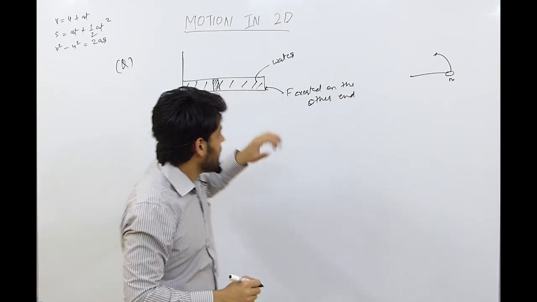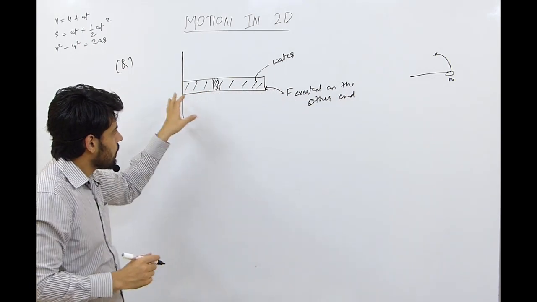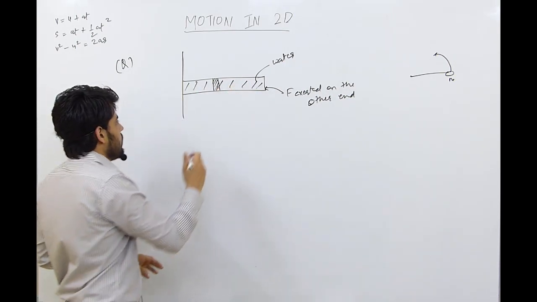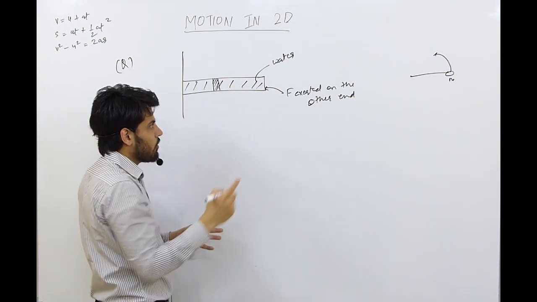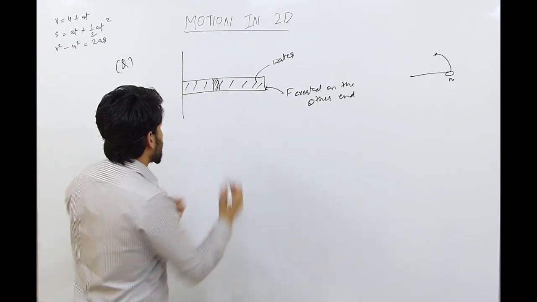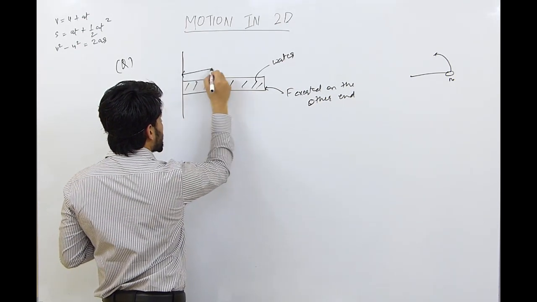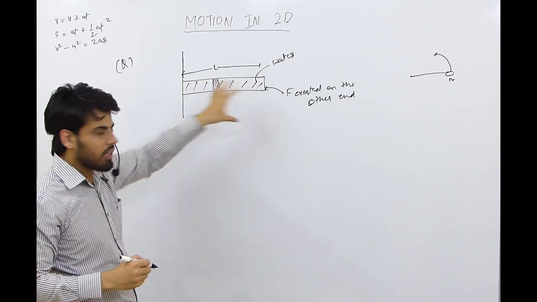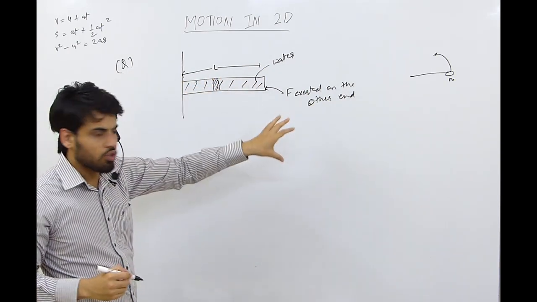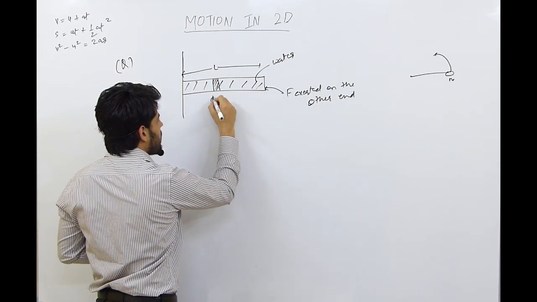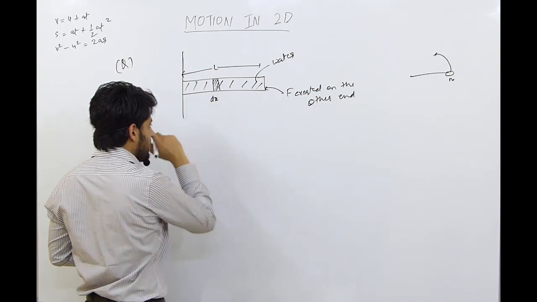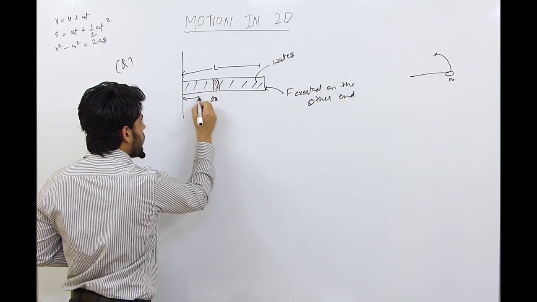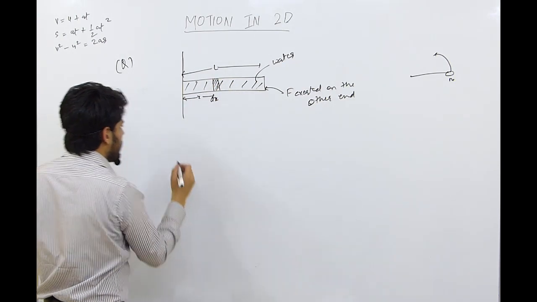But in this case mass is uniformly distributed in this tube. So we cannot just use half mv square because the mass is not concentrated at one point. The length of this tube is L. The mass is not just concentrated at the end of L, it is uniformly distributed. So we will take a dx component of this mass, which is at a distance of x from the center of rotation.